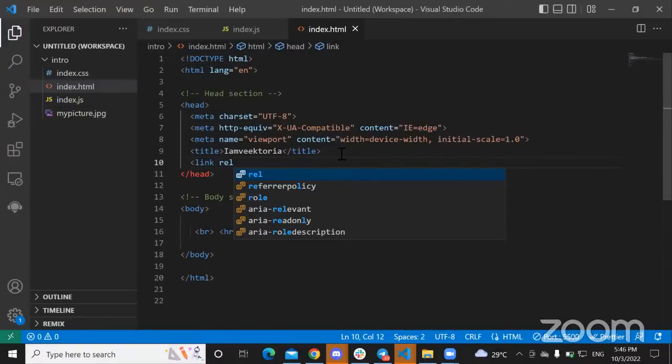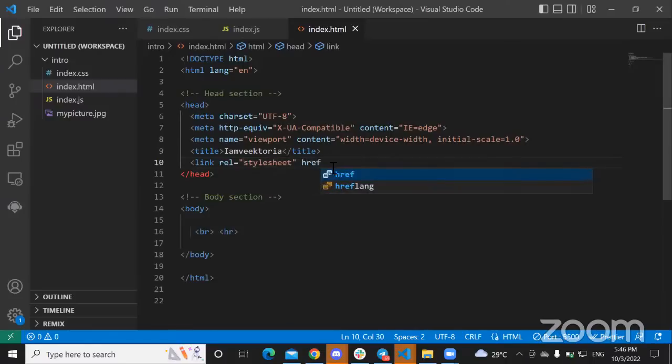I want to link my style sheet. I'm just going to put the relationship, right, between the document I'm linking and the HTML file. Like, what is the relation? I'm just going to say it's the style sheet, actually. So the relationship is the fact that it is the style sheet for the HTML document. And this href simply means your link, or the document name. The document here is index.css. So I'm just going to put it there,